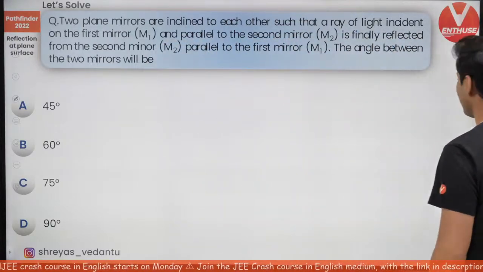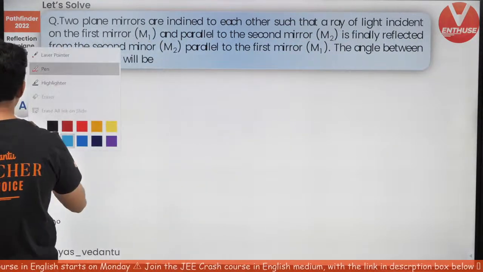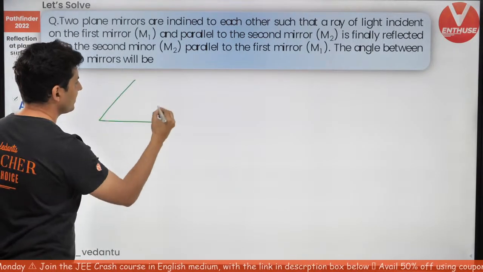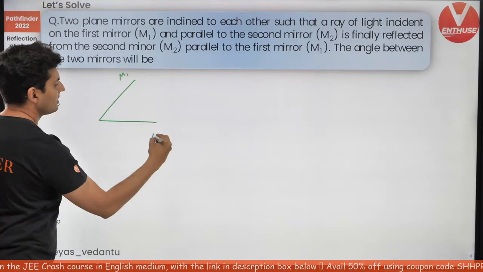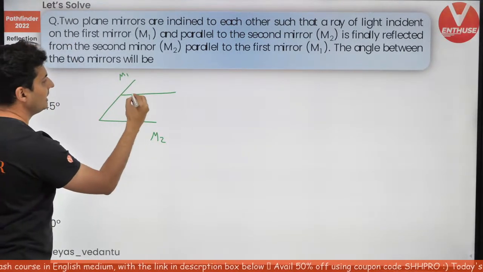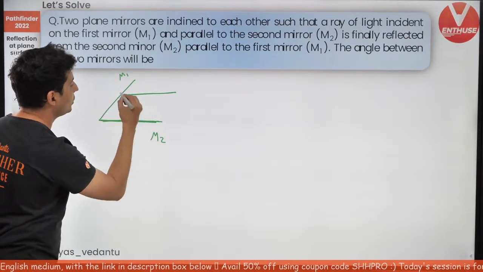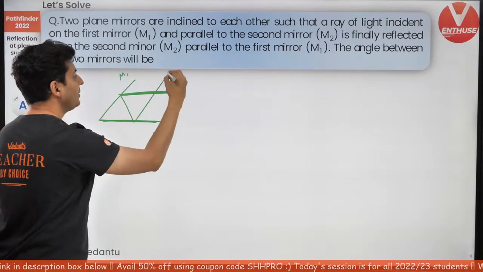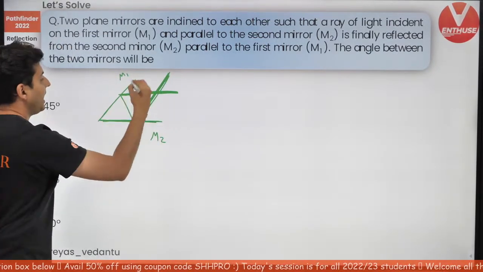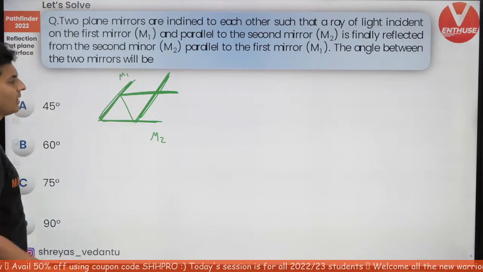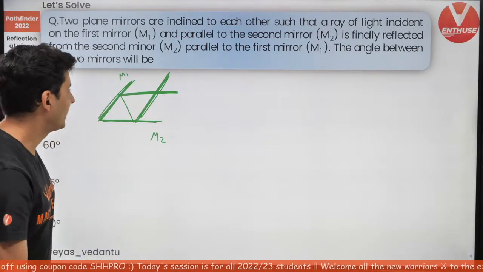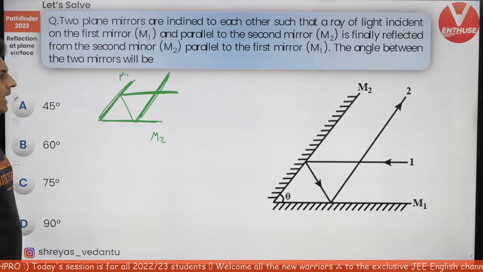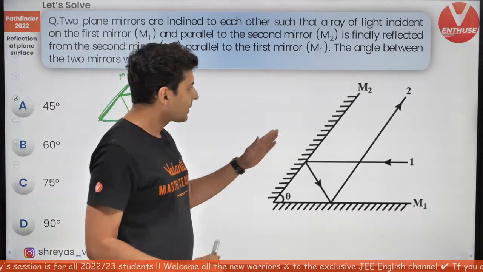So you need to visualize that. Okay, let me just draw a small little diagram for all of you. So think about it. If these are the two mirrors, this is M1, this is M2. The light which falls on M1 is initially parallel to M2. After reflecting from M2, that light ray is parallel to M1. So this is how the ray diagram will look like. Alright, let's see whether I have those ray diagrams right over here. Yes, I do. And let's start marking the angles.